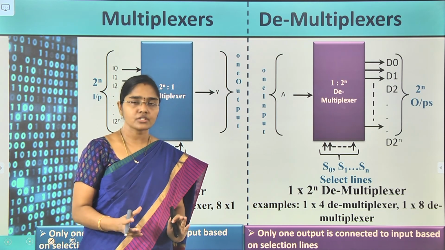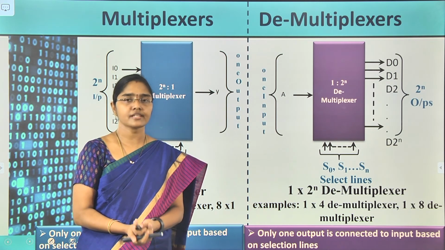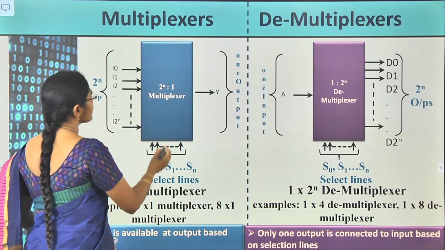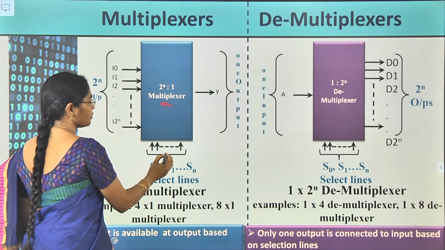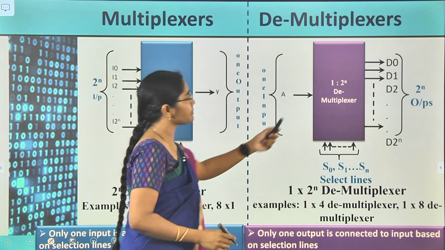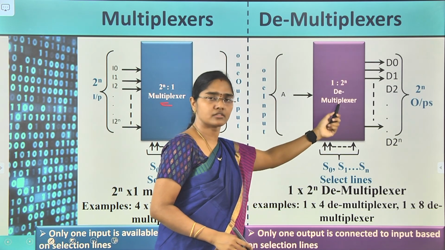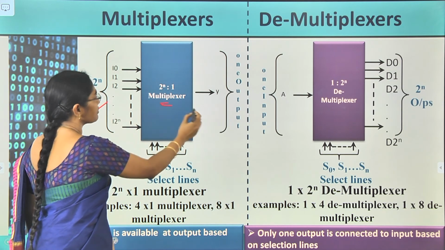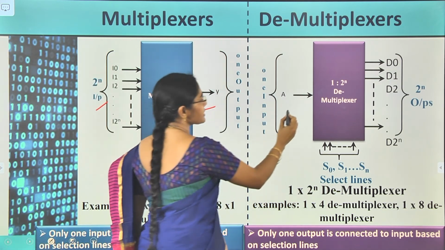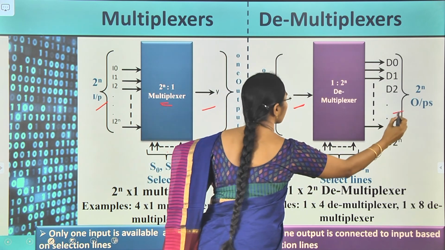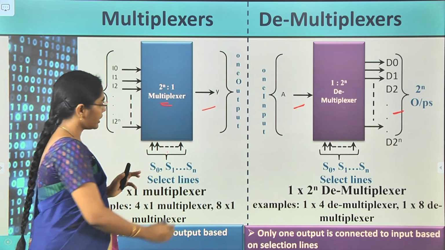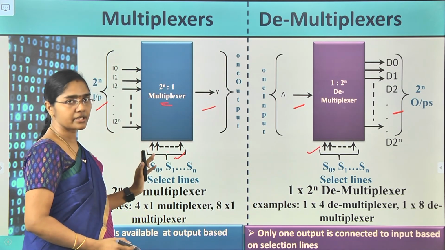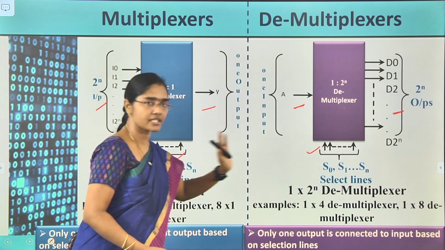Now the comparison part, a comparison of multiplexer and demultiplexer, the last topic of today's lecture. A multiplexer is of size 2 power n by 1 with n selection lines, and a demultiplexer is 1:2 power n with n selection lines. So the number of inputs is 2 power n and the number of outputs is 1 in the multiplexer, and in the demultiplexer the number of inputs is 1 and the number of outputs is 2 power n, where the selection lines are the same in number for both, n selection lines and n selection lines.